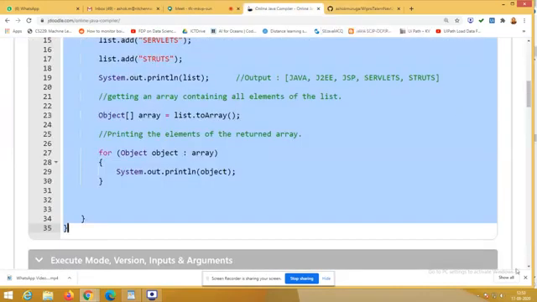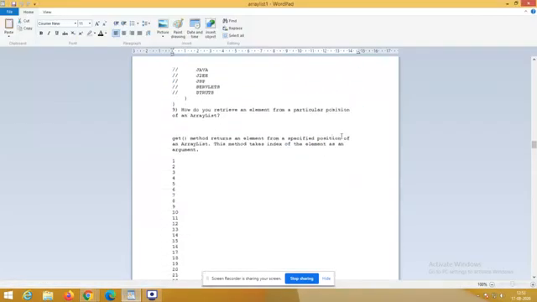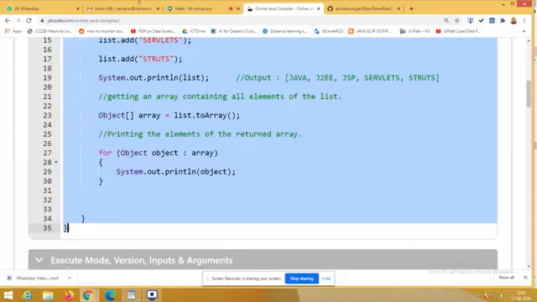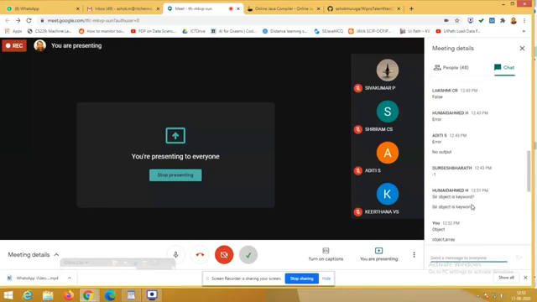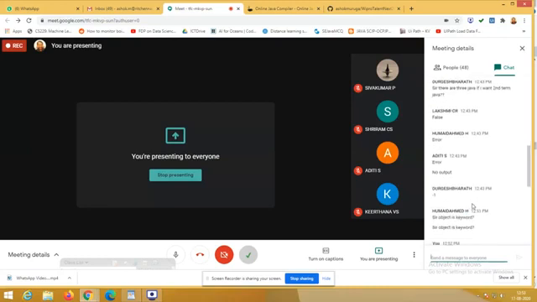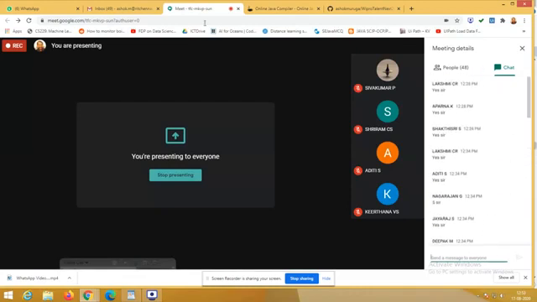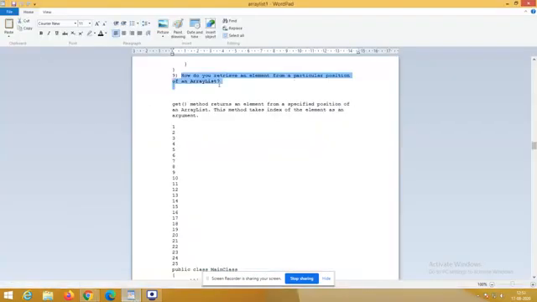Okay, then the next program to understand. Yes, this is the question that Durgesha had asked: how to retrieve the element from a particular position of an array list.